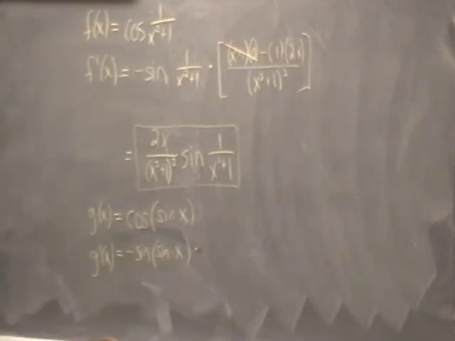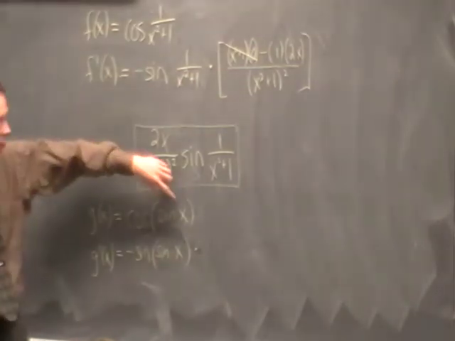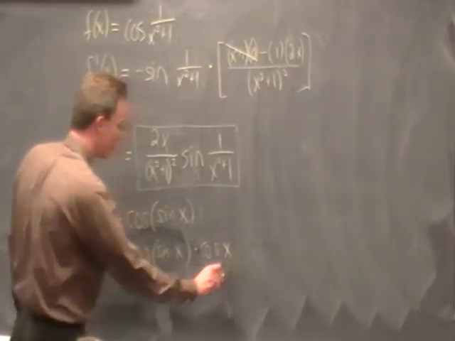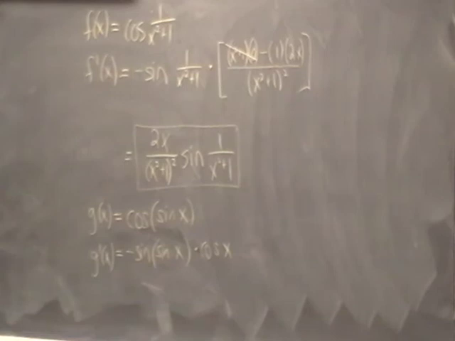Times derivative of the inner function would be cosine x. And there really isn't any way to clean this up if we wanted to. So